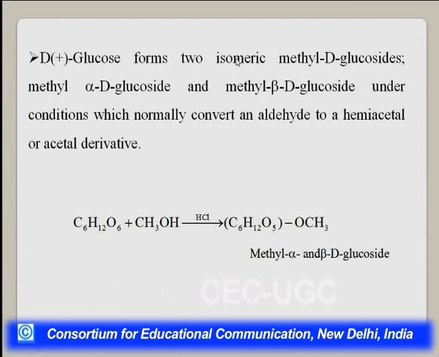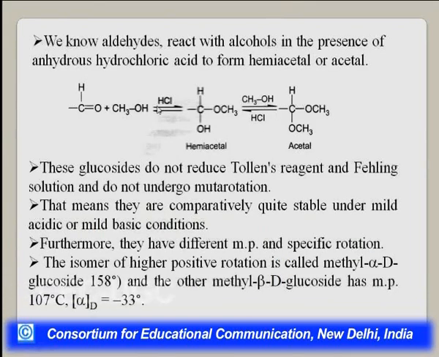Plus D-glucose forms two isomeric methyl D-glucosides, methyl alpha-D-glucoside and methyl beta-D-glucoside, under conditions which normally convert an aldehyde to a hemiacetal or acetal derivative. We know aldehydes react with alcohol in the presence of anhydrous HCl to form hemiacetal or acetal. Here you can see the structure of hemiacetal and acetal: when one group is introduced, this is a hemiacetal;